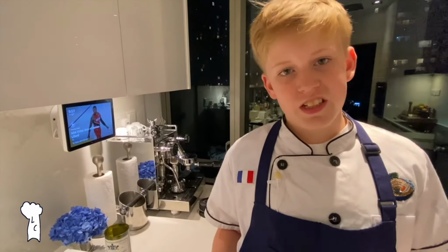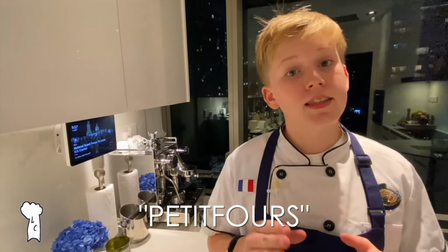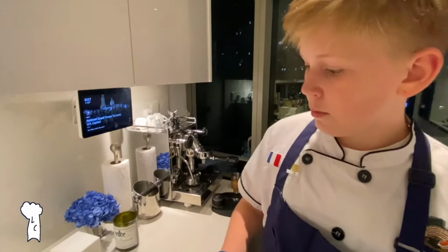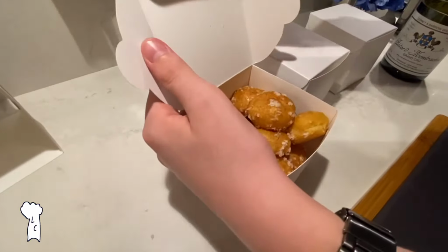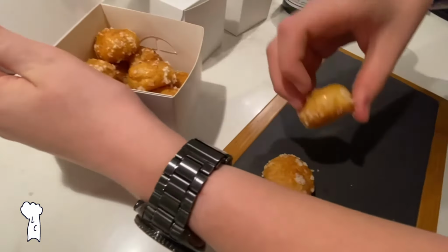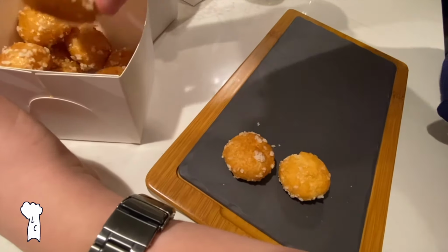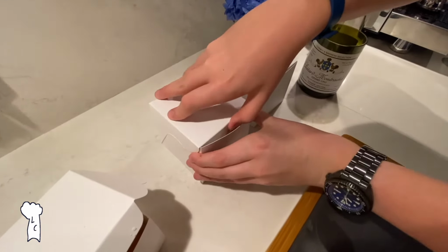My final lil tip tonight is, even if you're not going to have dessert, always give your guests something to finish off their meal. I'm going to teach you a little French word. It's petit fours, which means little things out of the oven. And I'm going to open all of these in random order. Here we have some chocolates. I'm going to place 4 of them in a small, nice pile. And then this one,